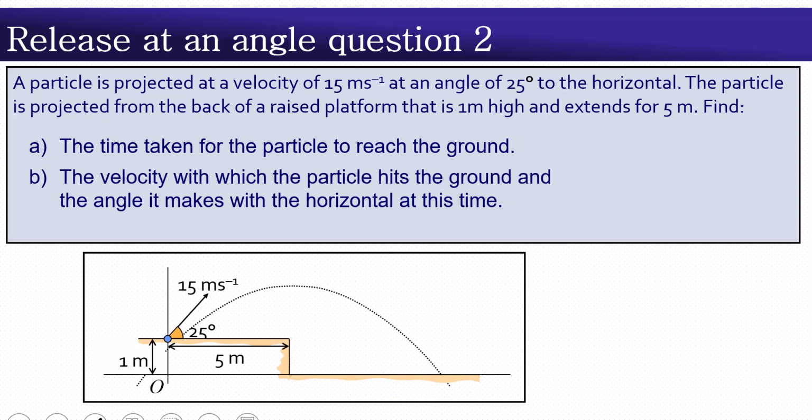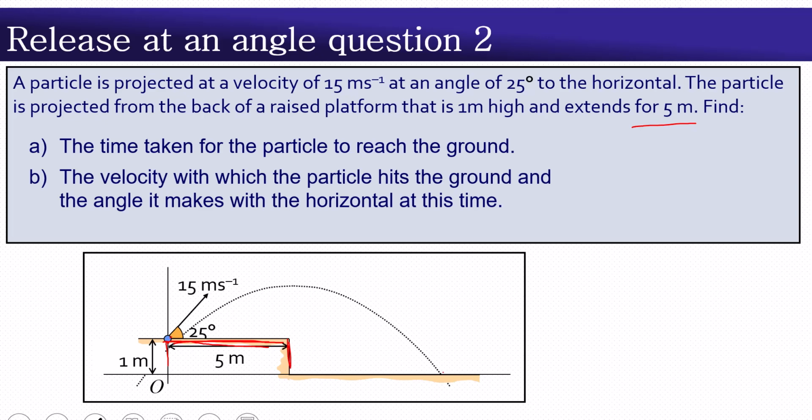You see the particle is projected from this point, which is 5 meters. That point is 5 meters behind this point here. As they say, it is projected from the back of a raised platform. This is the back of a raised platform, and the platform is 1 meter high and it extends 5 meters, as you can see. And we want the time taken for the particle to reach the ground from here up to here,